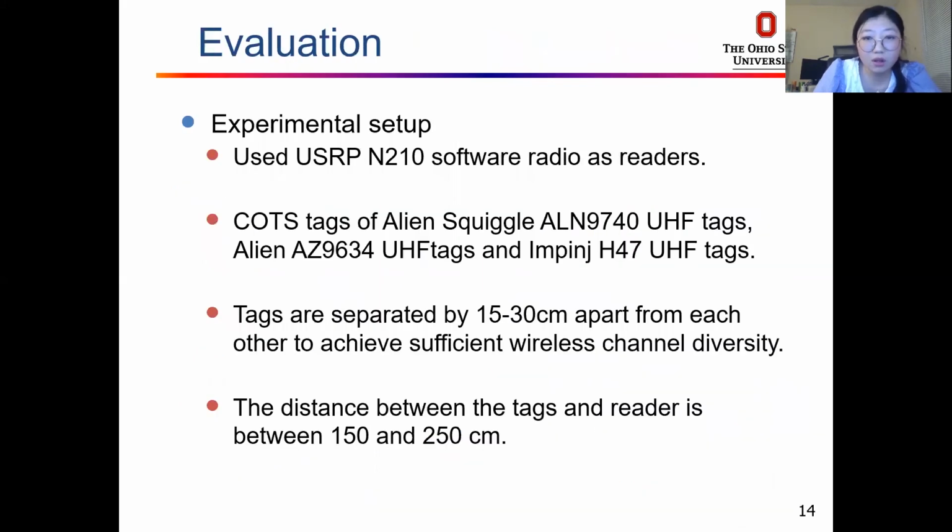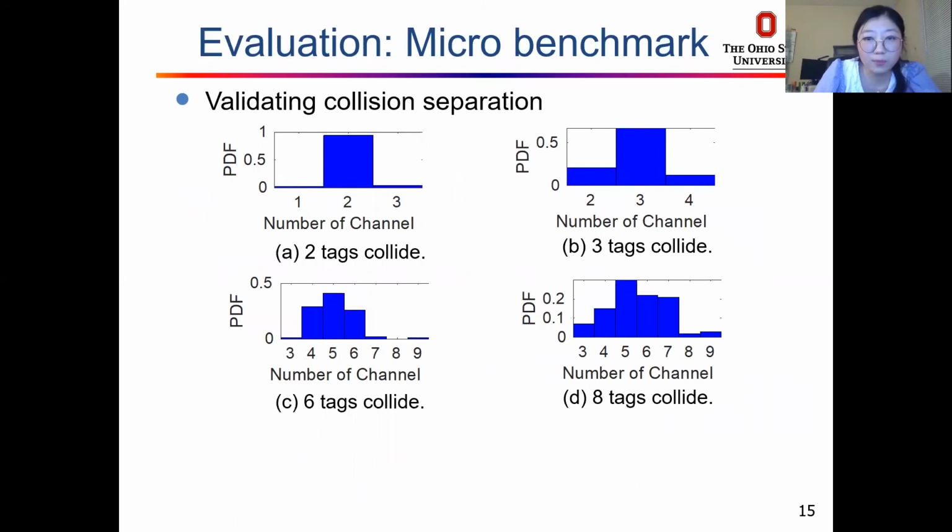To evaluate Coffee in practice, we build a prototype and run experiments in the real world. We build the prototype using commercial UHF tags and a software-defined reader. Then we ran some macro benchmark experiments to validate the components of Coffee separately. In this section, we investigate how efficiently Coffee can separate and extract the channels from collisions when the number of